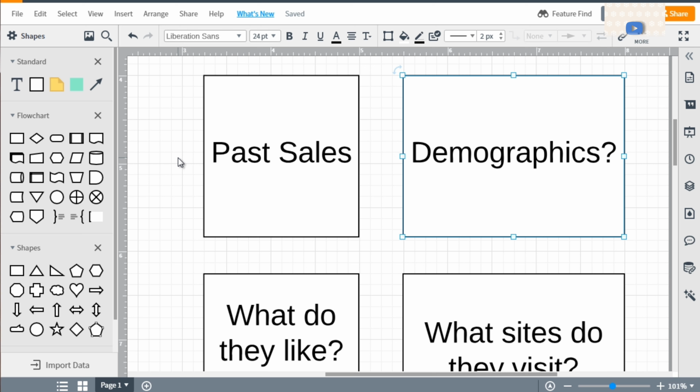And what I mean by that is, are they male? Are they female? What kind of age group are they? Are they young? Are they 18? Are they 20, 30, 40, 50? Or are they 65 plus? And beyond that, demographics wise, start to kind of paint a picture of who you are targeting.